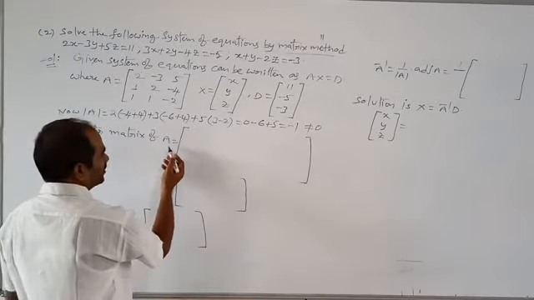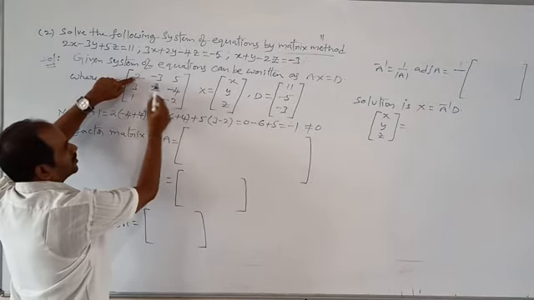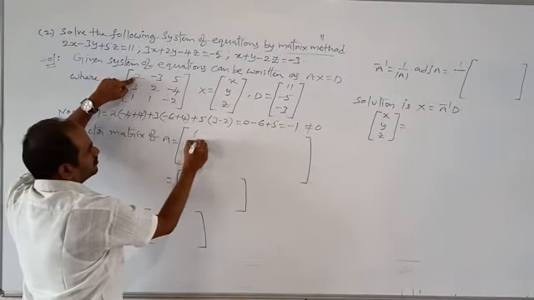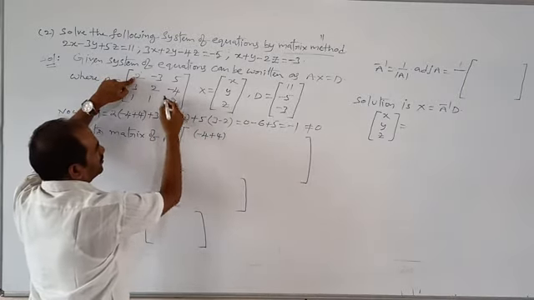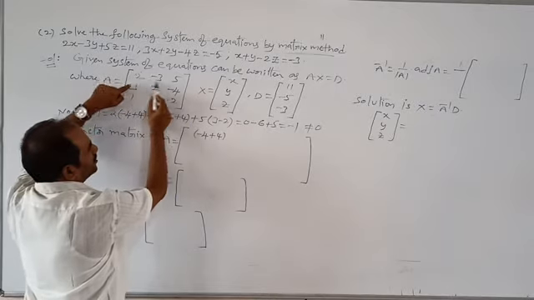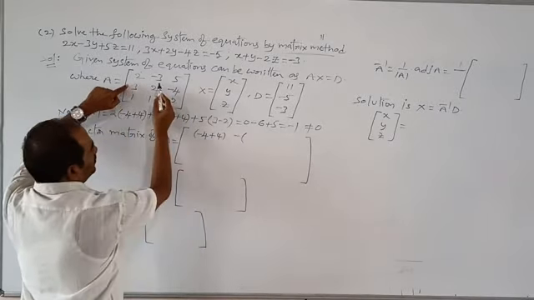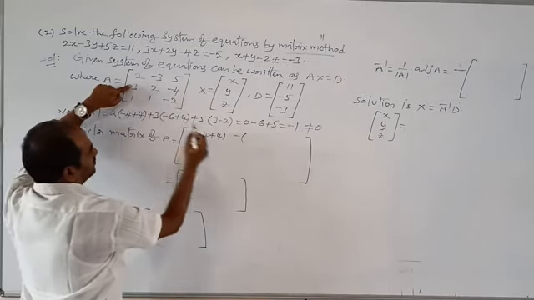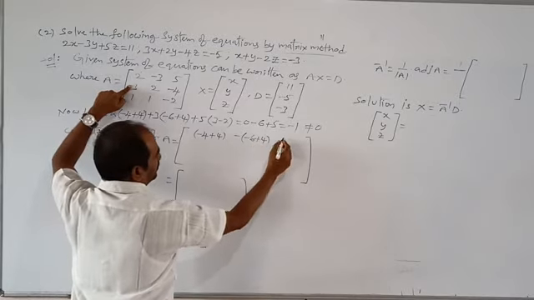So the cofactor matrix of A is equal to: first row, this element's cofactor, delete this row and this column. Next one, AD minus BC. Here the AD value is minus 4, so minus and minus gives plus 4. Next, this element's cofactor, delete this row and column. So next element is minus of AD minus BC. So that is minus 6 plus 4.